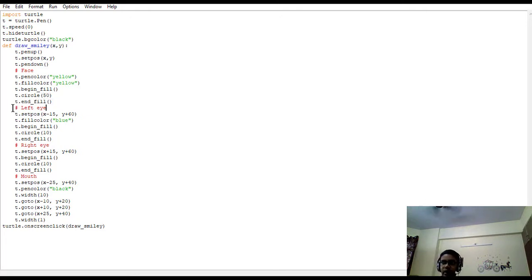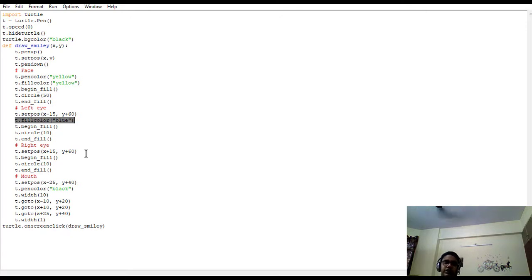Then how to draw the left eye. Wherever the user will click, we will subtract 15 from the x-axis, and on y we will go further 60 pixels to make the left eye, so it would be around the left corner of the circle. We will use t.fillcolor again, and I want the eye to be blue in color.